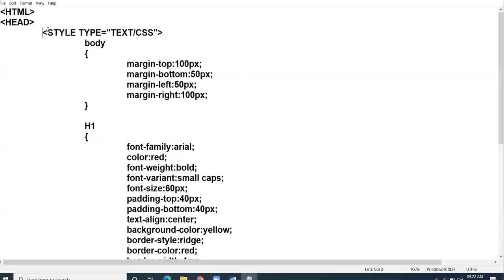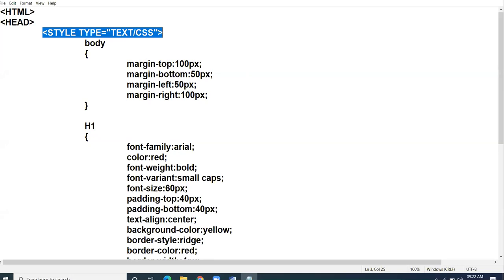As you can see, the style tag has been used inside the head tag. Whenever you deal with an internal style sheet, we take the style tag inside the head tag, and the style tag takes one attribute, type, and the value of type is text/css.